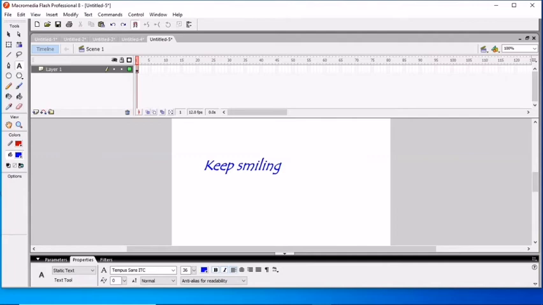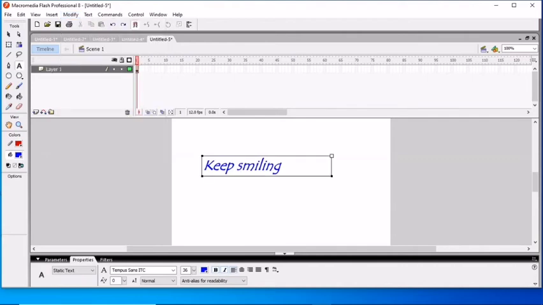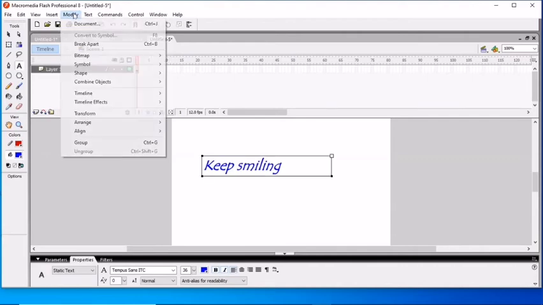Now we want to check more things about this. For this, go to Modify, and here you can see Break Apart. Before this, first select the text, then go to Modify and Break Apart.